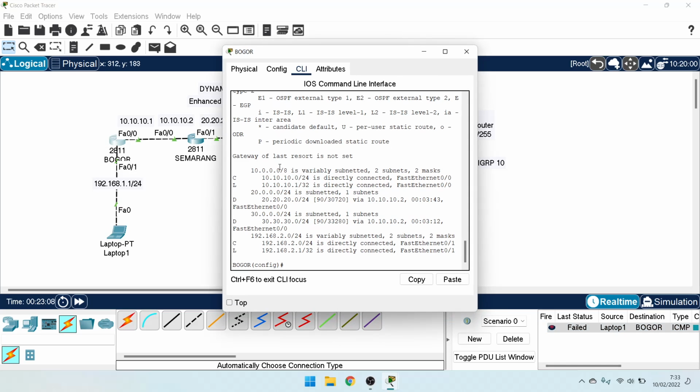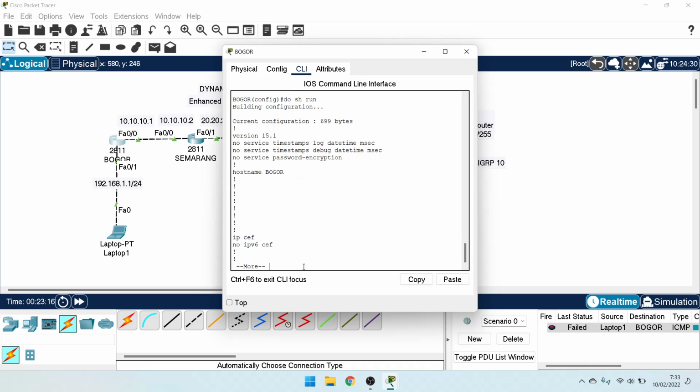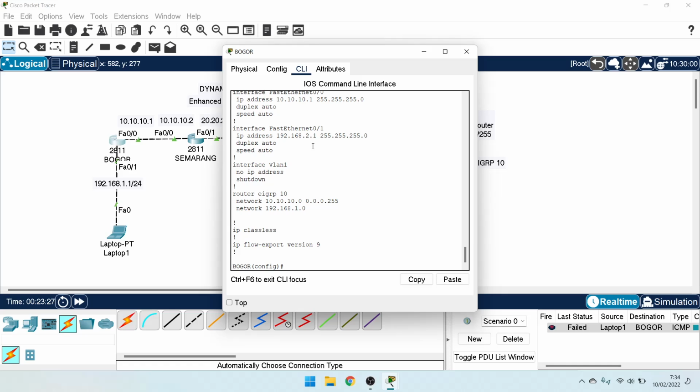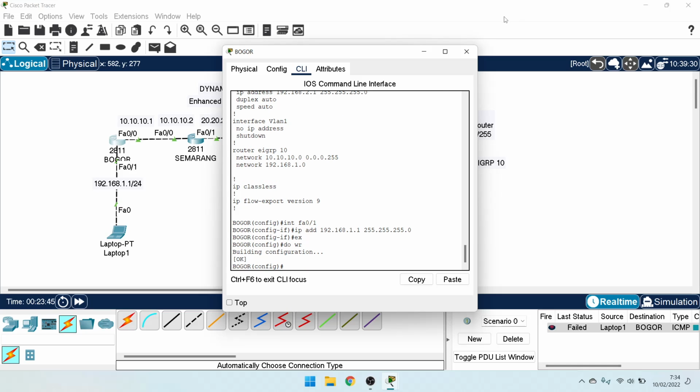Check again in router Bogor, show run. Oh, I'm sorry, not network 2.1, but the network in interface 0/1 is 1.1. Interface 0/1 IP address reconfiguration is 1.1. Okay, subnet mask correct. Finish.